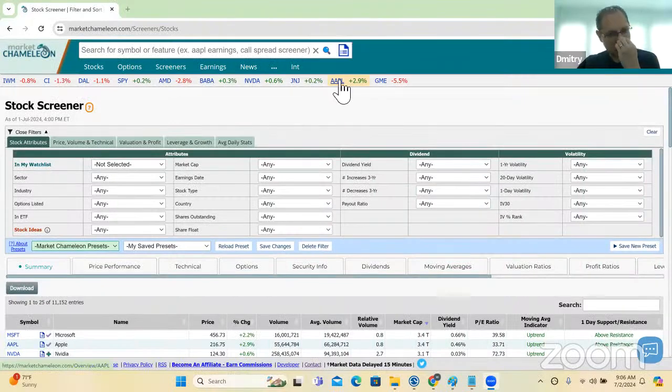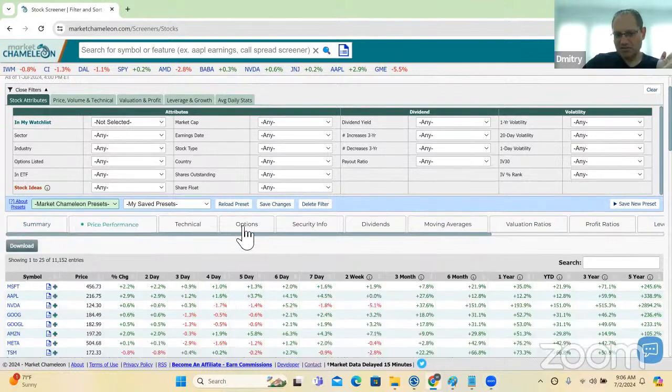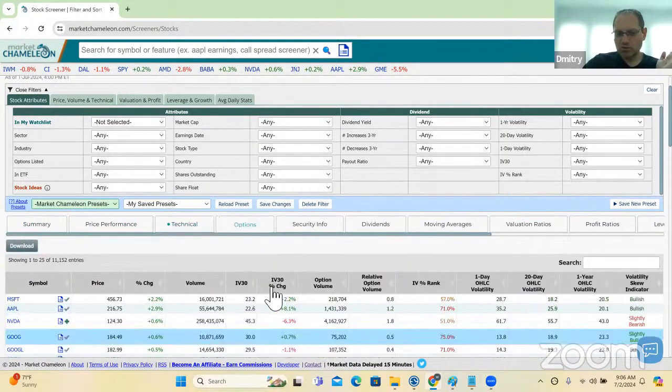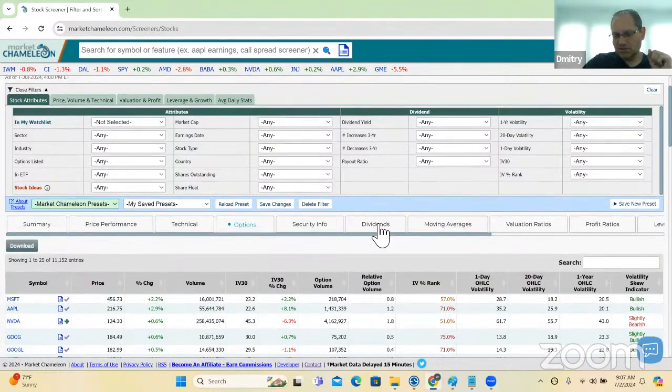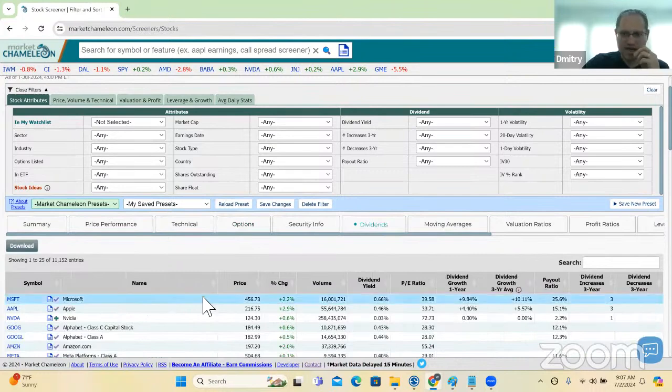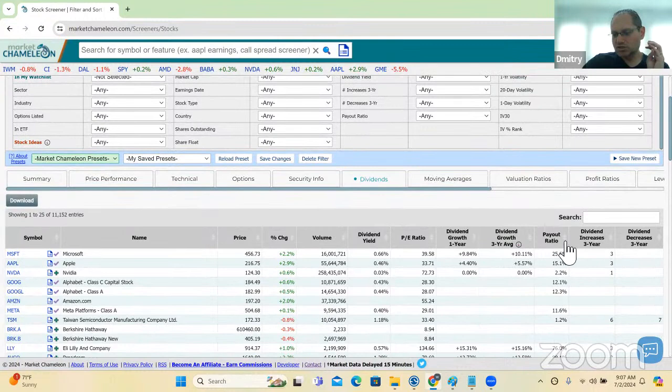So I'm sharing my screen here, and I'm on a stock dividend screener. You could see that on the stock screener, we have these different tabs that show different statistics. We're going to go here on the dividends tab, and we have these column headings here. And the question was regarding this payout ratio. What does the payout ratio mean in terms of dividend,